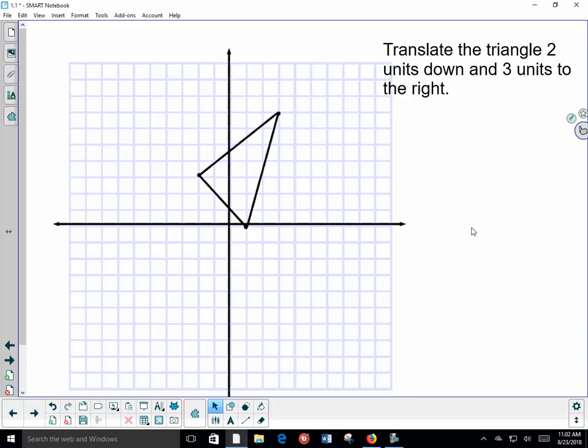And let's take a look at this. If we have this ordered pair and we want to translate this triangle 2 units down and 3 units to the right. Well, first, before we handle that transformation, let's talk about this triangle. We see that we have the ordered pairs. This is (1, 0). This is (-2, 3). And this is, looks like it's (3,